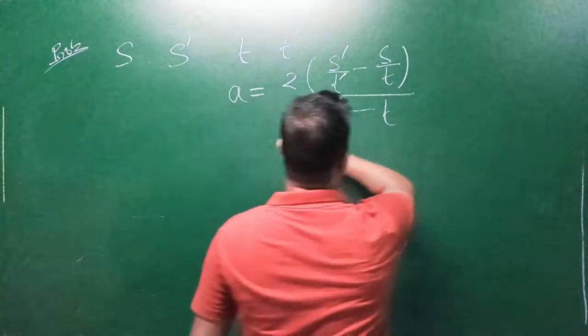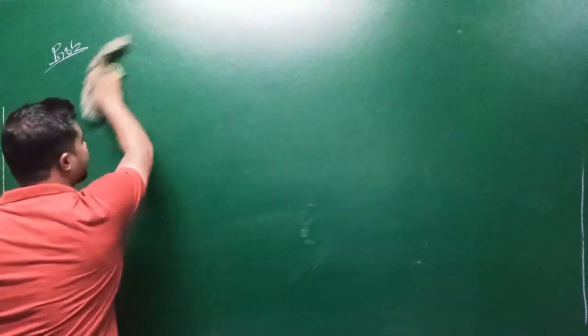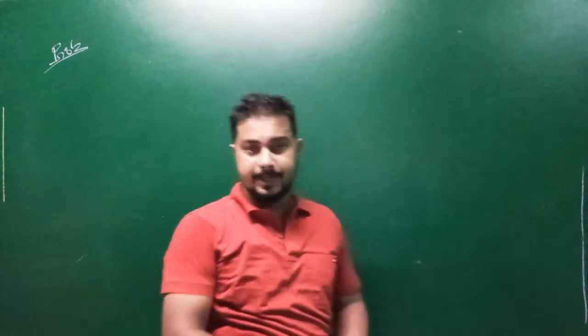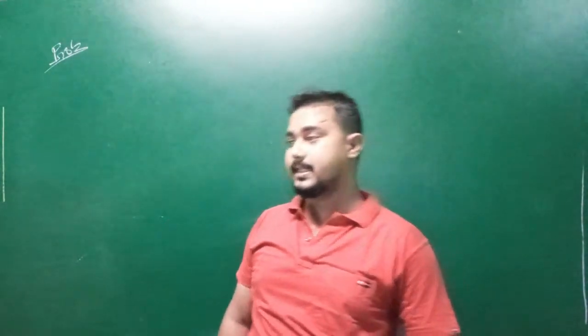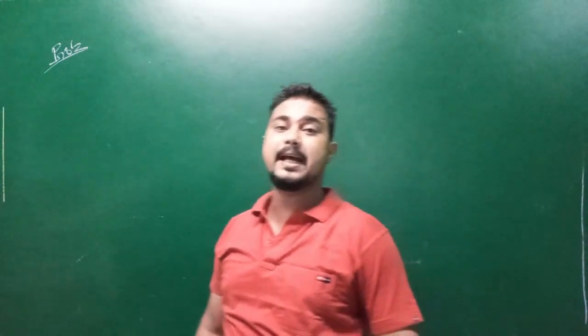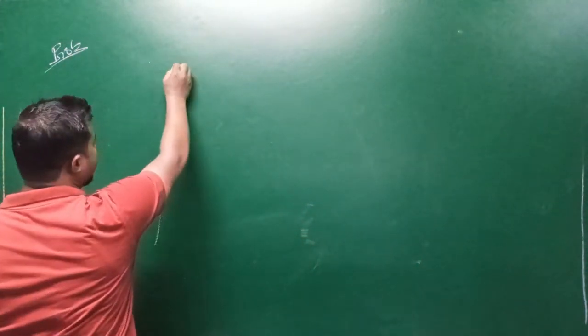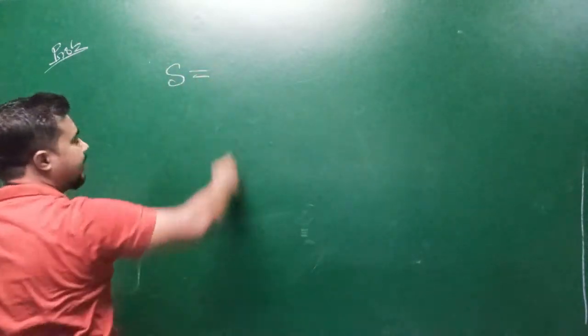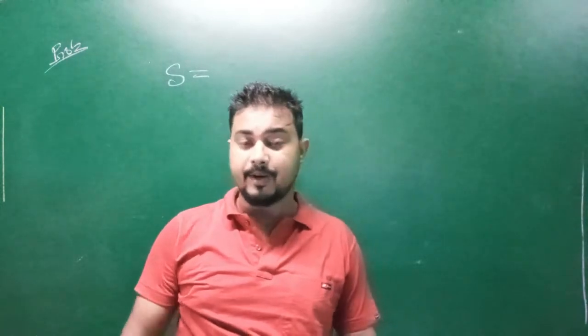So let us try to solve this problem. It is given that in time t the displacement of the body is s, and in time t dash the displacement of the body is s dash. So from the equation of linear motion we can write s is equal to ut plus half at square, if small u is the initial velocity of the body. So at first